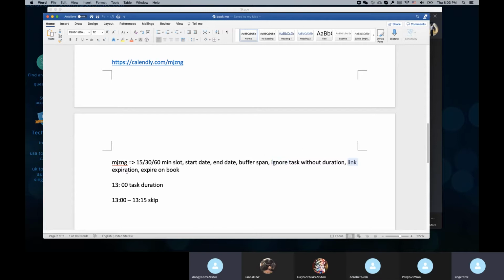And link expiration: you can define how long the link takes to expire, and whether it expires on booking, meaning if the first person books it, the link expires. Actually the one more thing we haven't talked about is, let's say the user clicks the link and makes a booking. If it expires on booking, the link should be expired. But our database